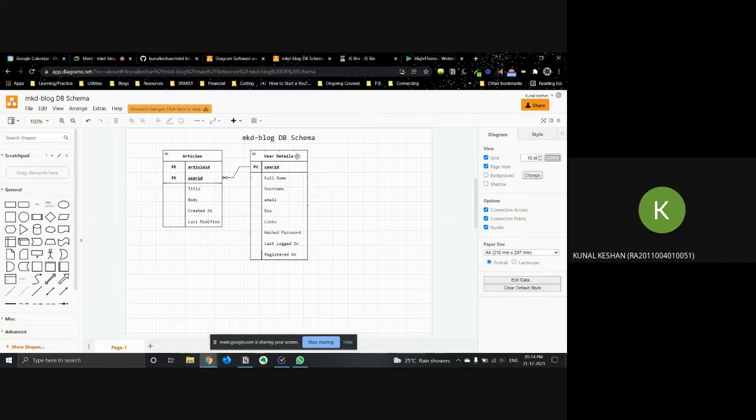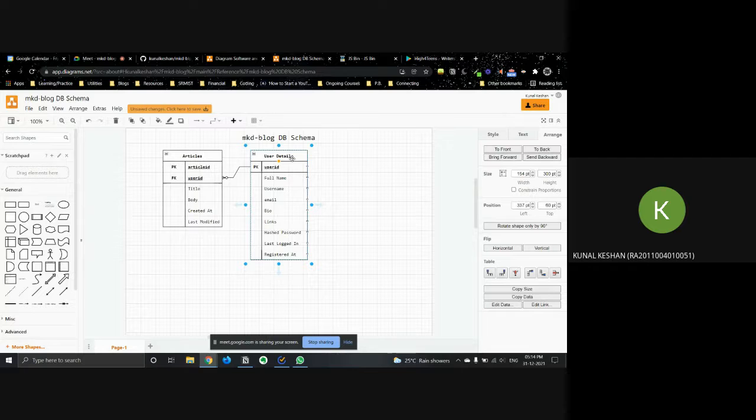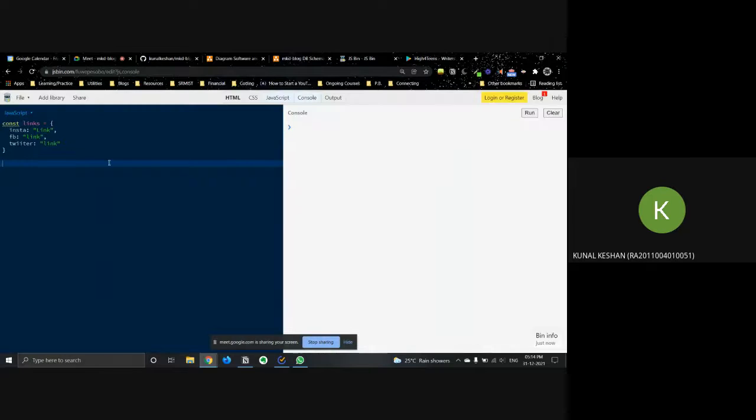But for now, we are using SQL because we want to get a hang of how to make queries and how to update it from the backend itself. So that's the main goal of using SQL right now. I hope that's clear. Yeah, so I was telling you, we can't store JSON in SQL, so we probably have to stringify it.